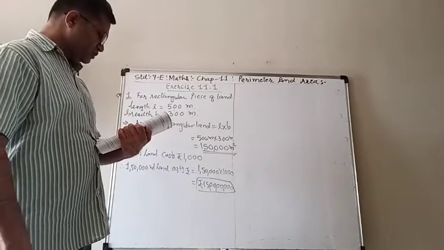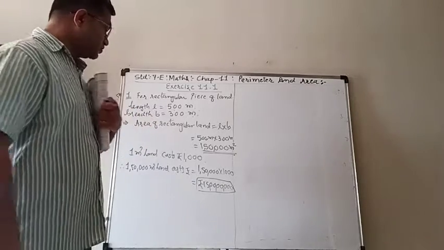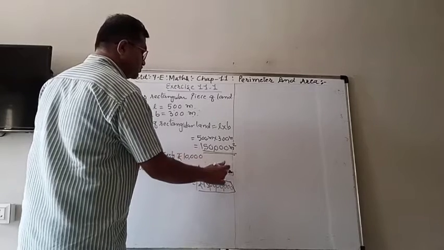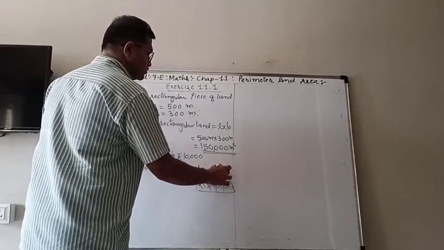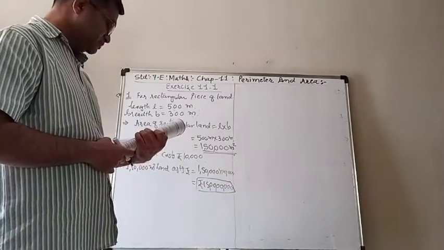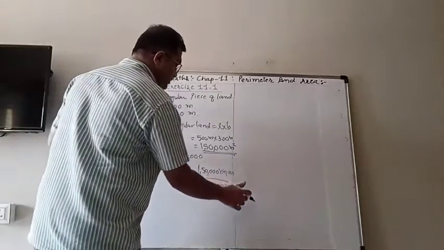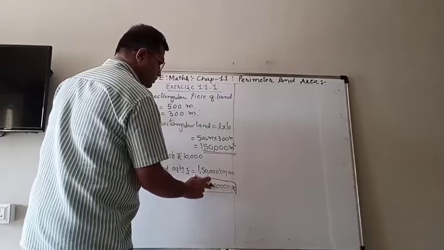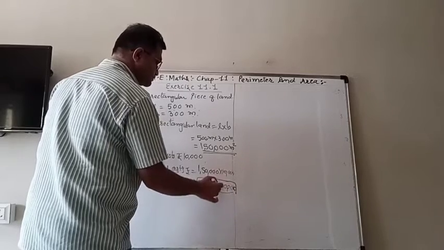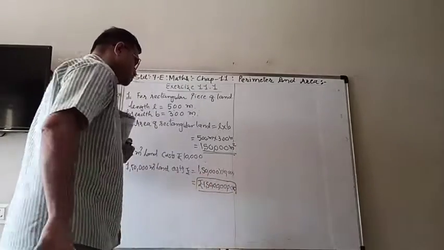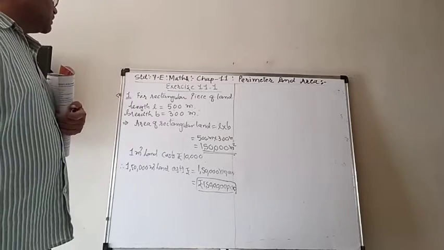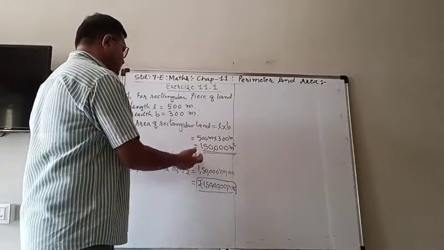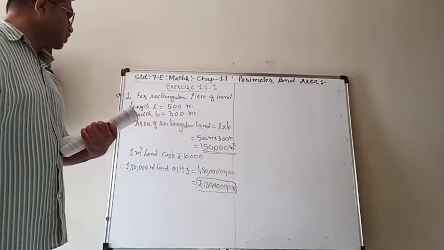then the cost of that, it is not 1000, it is 10,000. So there will be more 1 zero. It is not 1000 but it is rupees 10,000. So there will be 1 more zero. So your money is much. So if you know the formula, you can find the area, and after area you can find the cost also.